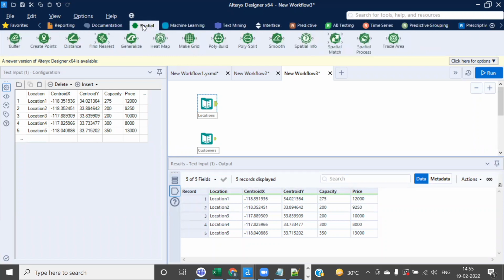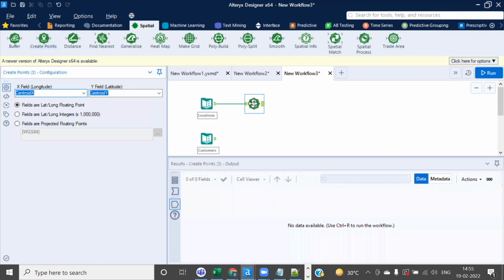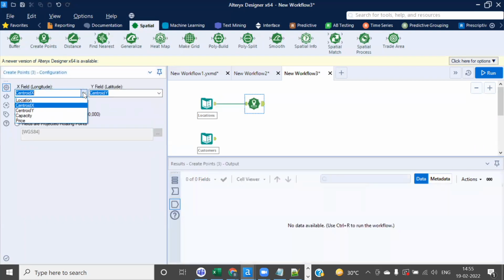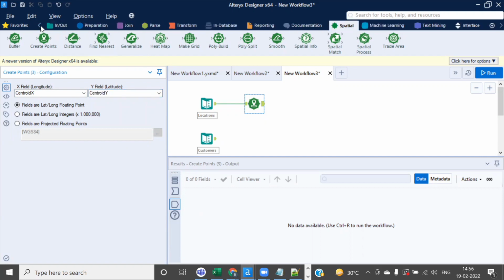Okay. I'll go to spatial. Do you see create a point here? Drag and drop, create a point. And let's say, what is your latitude and longitude? Centroid X and centroid Y. It automatically takes because there are only 2 columns with respect to that location. So once we do this, and to see the output,